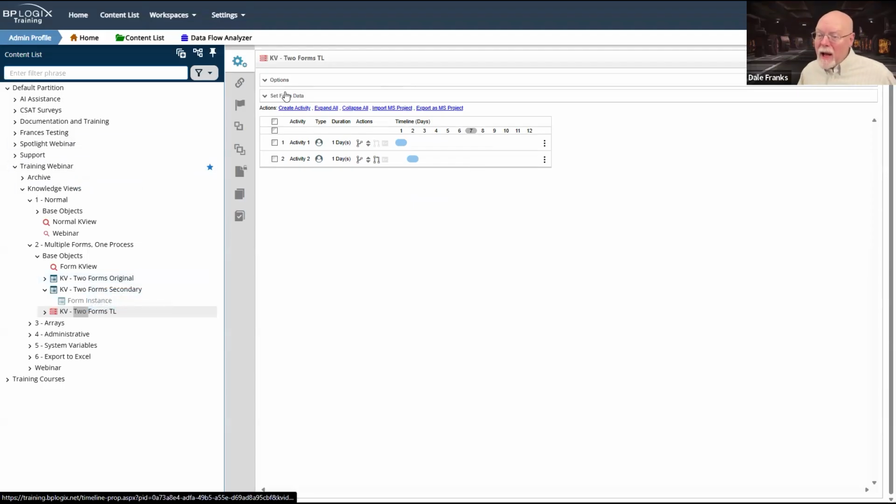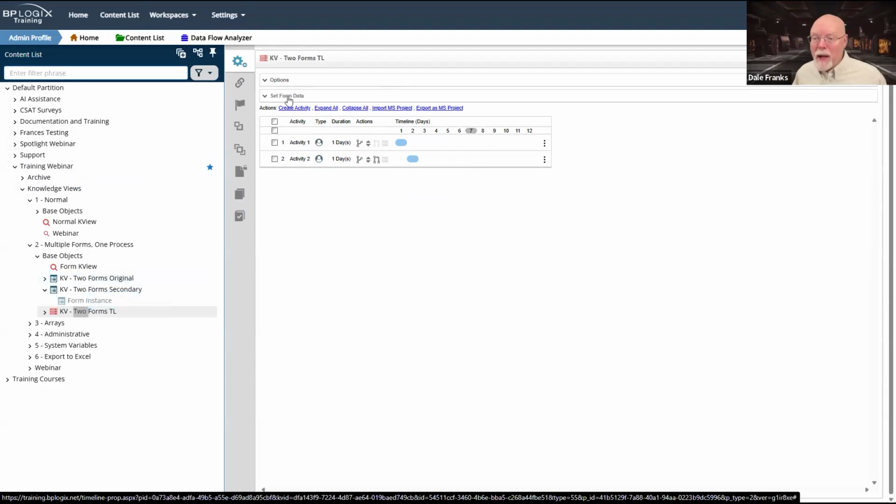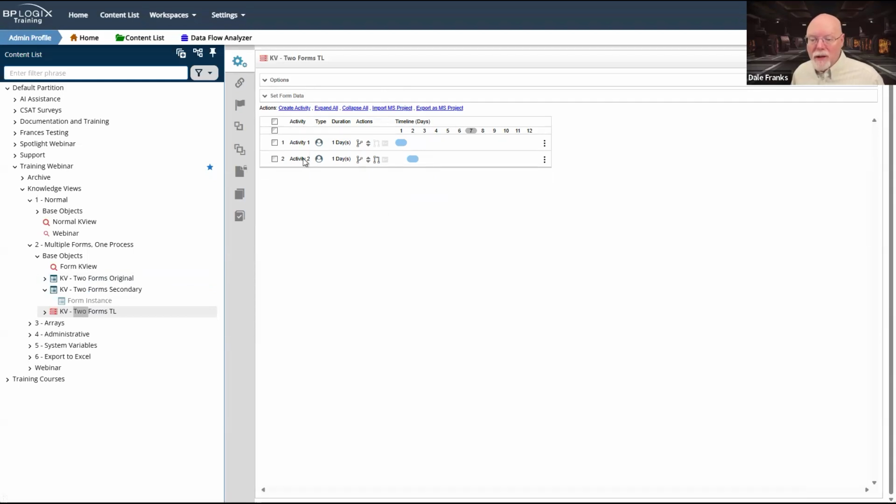When I come back and look at it, having it stuck up here in set form data is not going to be obvious to me. Just as the change that I made in activity 2 wasn't obvious to me. So help yourself out. Make things more obvious than I did. And this is a perfect demonstration of why you need to make things obvious. Because even though I created this, I have no idea what I did. I now had to go back in and live on TV find out how I actually created these two forms.